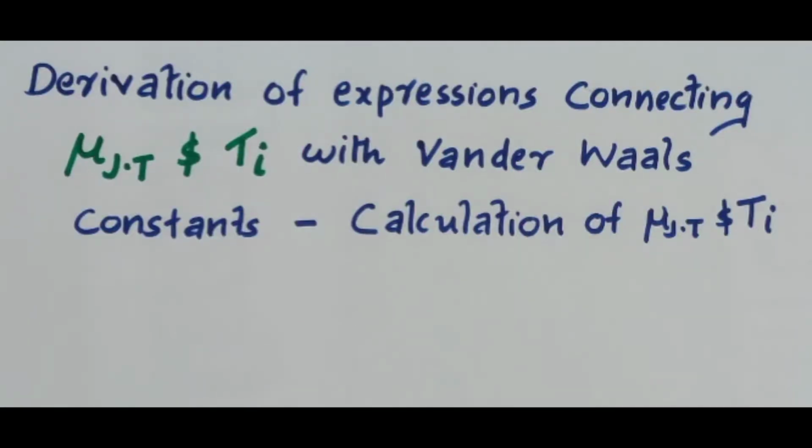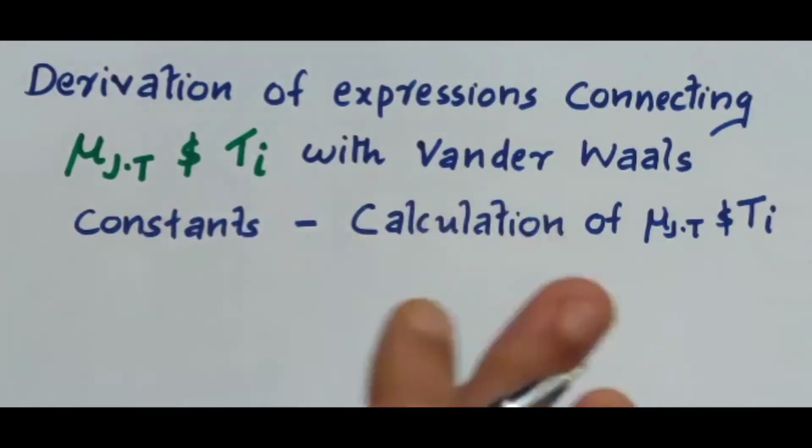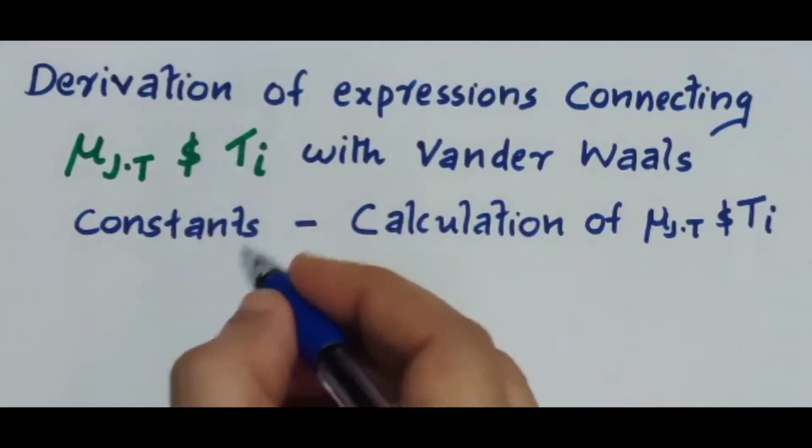Friends, welcome to ChemShow. In this video, we are deriving the expression that connects the Joule-Thomson coefficient, mu JT, with the van der Waals constants, and the inversion temperature Ti with the van der Waals constants. We already know that for 1 mole of a gas, the van der Waals equation is